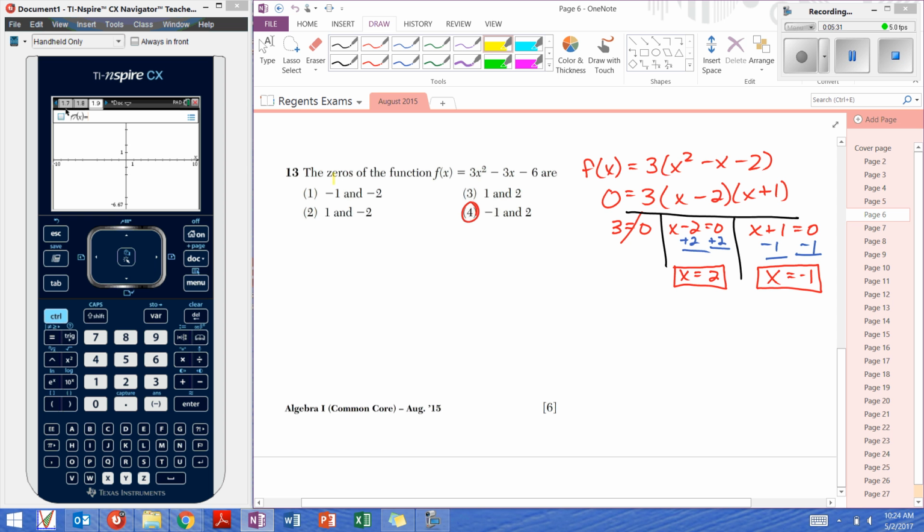Question 13 asks you for the zeros, aka the solutions of this function. So in order to solve this, the first thing that I noticed is that all my answers are integers, so this is factorable. So I am going to factor this. I see that there's a GCF. That's usually what people forget to do first, but I didn't, so we'll factor out a 3,